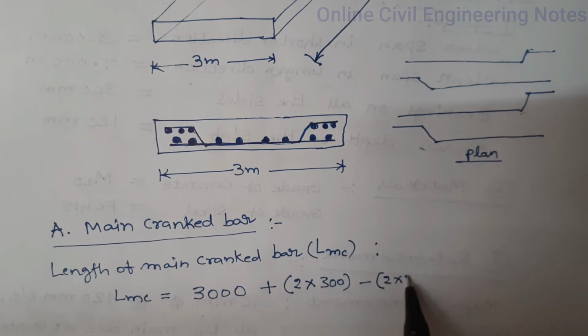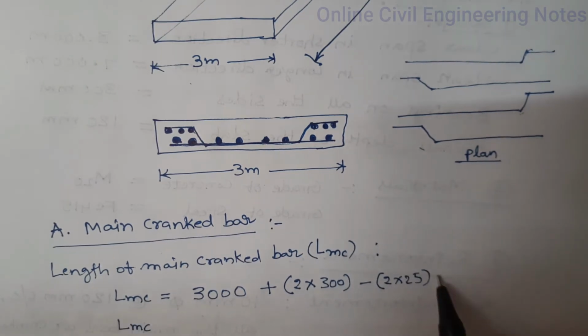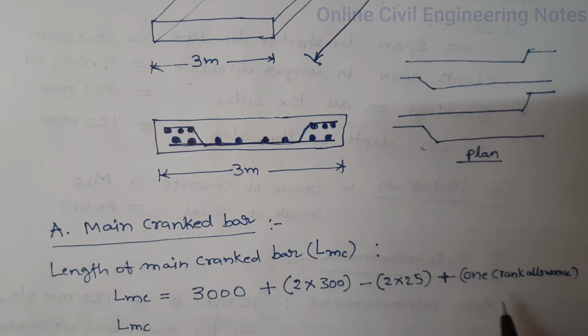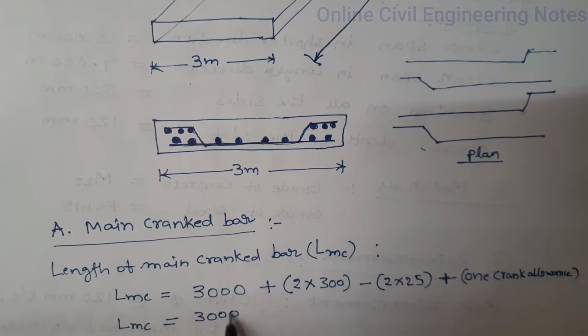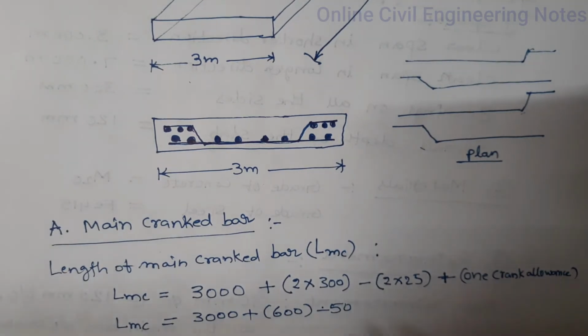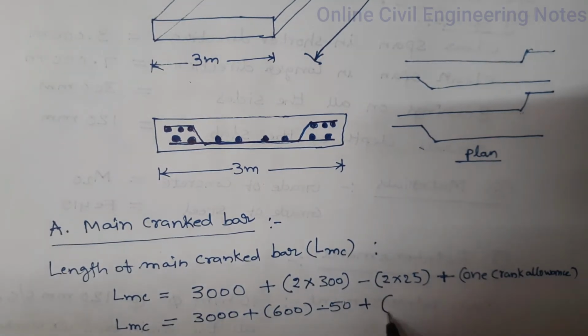So 2 into 25 mm plus one crank allowance. So we have calculated this crank allowance in the beam problem. So length of main cranked bar is equal to 3000 plus 600 minus 50 plus 0.414 into